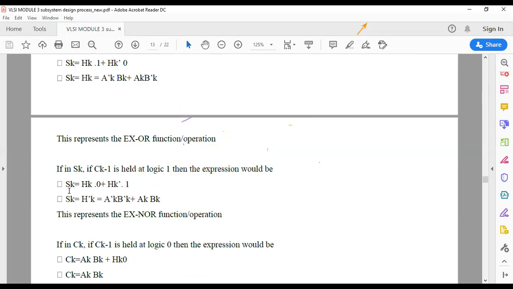So what will happen? This expression will be hk into 0 plus hk bar into 1. So this is your XNOR operation, correct? This is your simple XNOR operation. Same way,